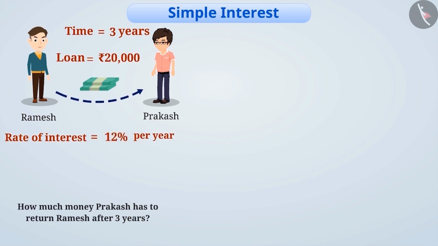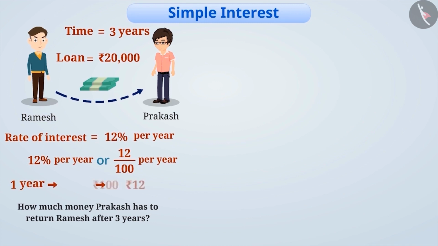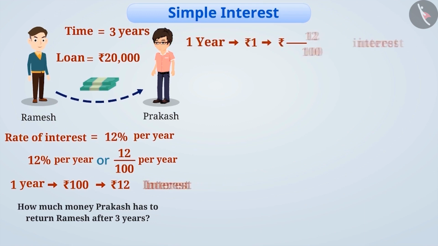Can you tell me what this means? Think for a while. You got it right. The rate of interest of 12% or 12 by 100 per year means Prakash will pay an interest of rupees 12 yearly on rupees 100. We can say that for a period of 1 year, he will pay an interest of rupees 12 by 100